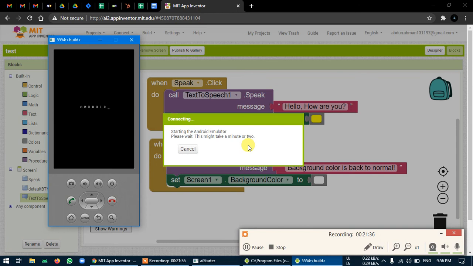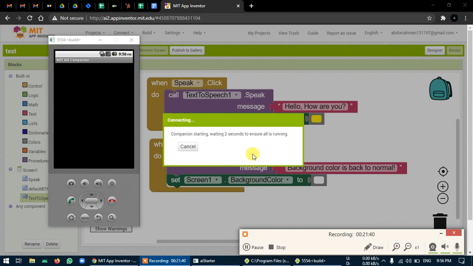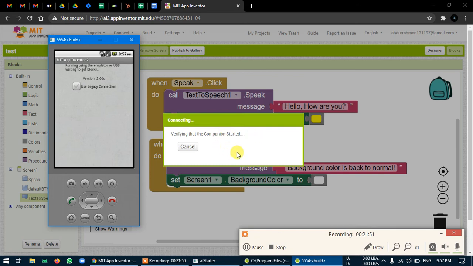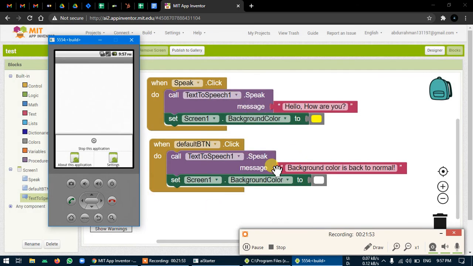Till then, I'll just pause the video. So now we're going to get the same app which we developed in MIT App Inventor onto this emulator.